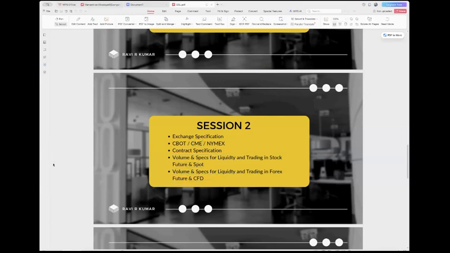Let me take one more example for forex. This is your CFD chart. Again, for everything we will refer to CFD only. For example, if you have to trade the Australian dollar, so 6AU. This is 6AU. So why 6AU? U stands for September. So when you move on to volume and specs, you will see